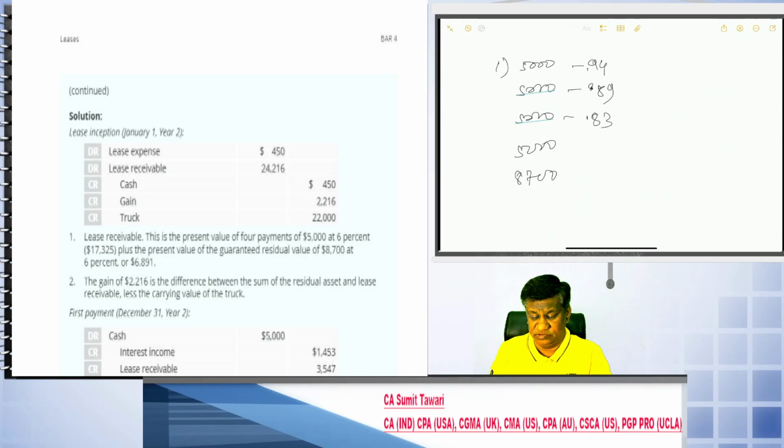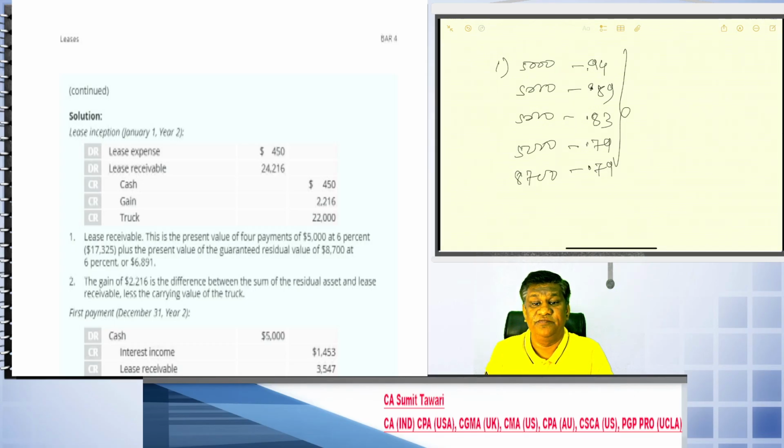Divide by 1.06, 0.79, and the same applies to the residual value, 0.79. So 0.94 plus 0.89 plus 0.83 plus 0.79 is 3.465, and if I multiply this by 5,000,